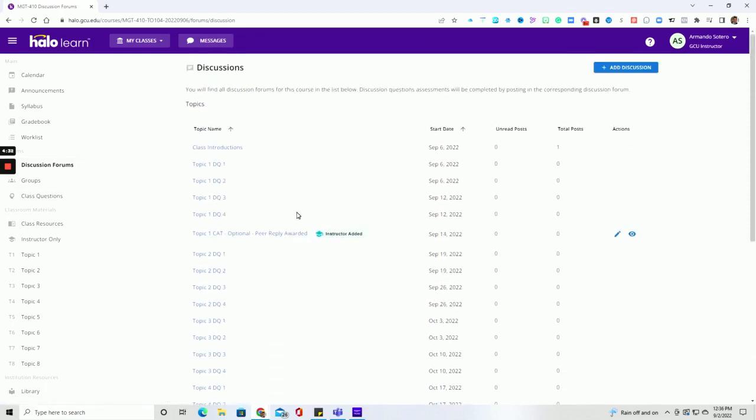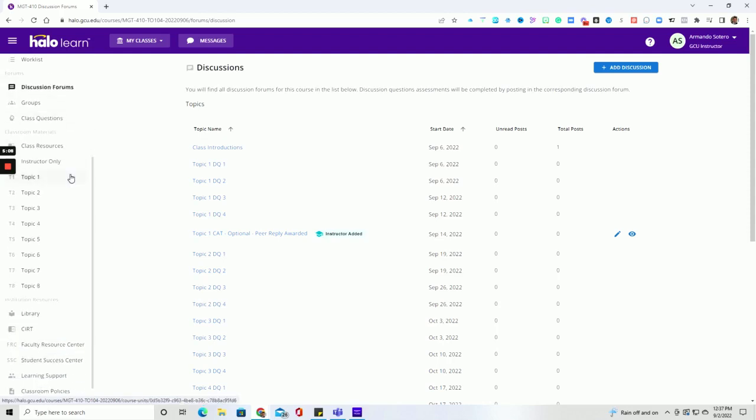For example, in Topic 1, there's an extra question that's been added. If you answer that question, that will give you credit for 1 peer reply. As you know, you will need a total of 6 peer replies with open-ended questions throughout each topic. So if you complete the weekly CAT question, which is optional, and you fall short 1 peer reply, this will make up for that peer reply. So again, I encourage you to use this area over here to the left and come in through the discussion forums versus the actual calendar.